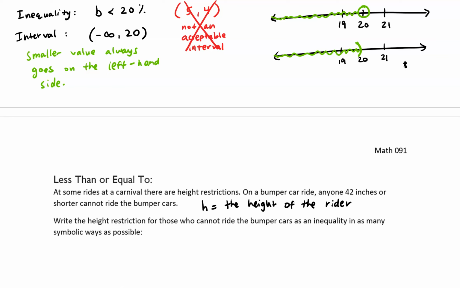So we're saying that the height of the rider cannot be less than or equal to 42 inches. So that is the limitation. So basically the height, or h, in order for them to be able to ride it, has to be greater than 42. But here we're just describing the actual restriction. So if we were to write this in interval notation,